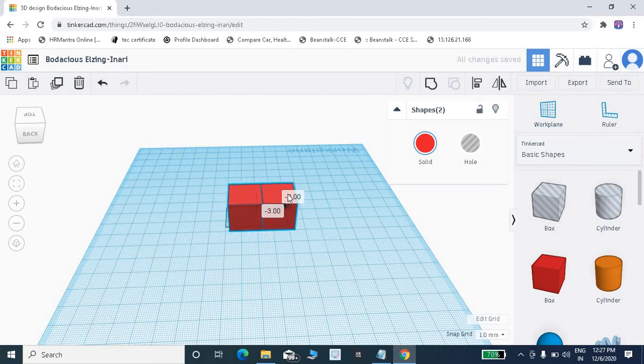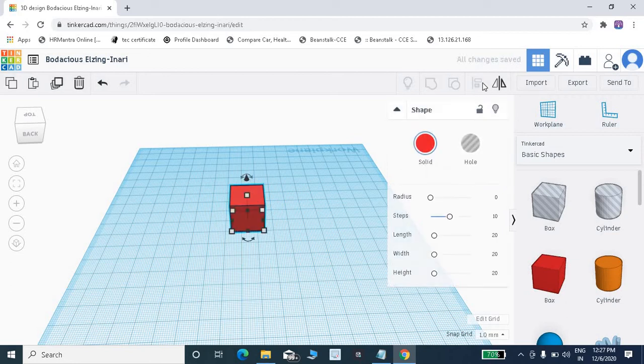So this is ungroup. Then align, you can set the alignment of your object by clicking on align. Then you can use this mirror option to view your object in mirror format.